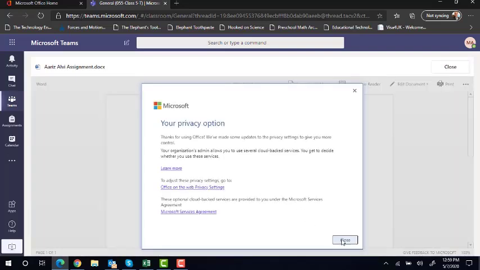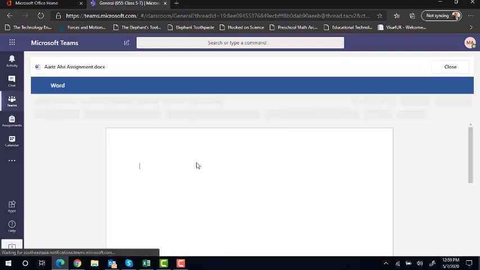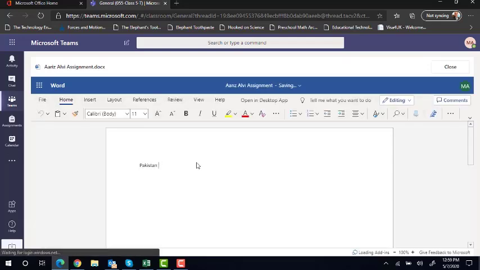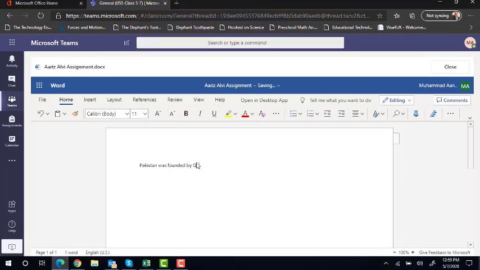and this will open MS Word on this environment. I can simply click on edit document, say edit, make changes right here using Word. I can simply type my essay, Pakistan was founded by Quaid-e-Azam